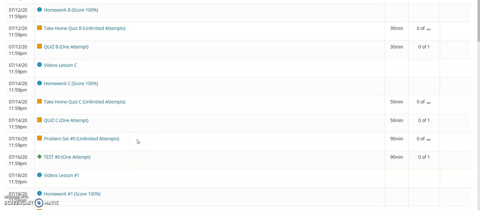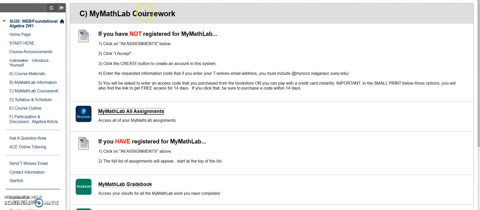Problem sets just like a quiz, or just like a take-home quiz, that is. Do that as many times as you like. MyMathLab keeps only your best score, and then you take the actual test, which is a mirror image of that problem set. So going back to our course in Blackboard,